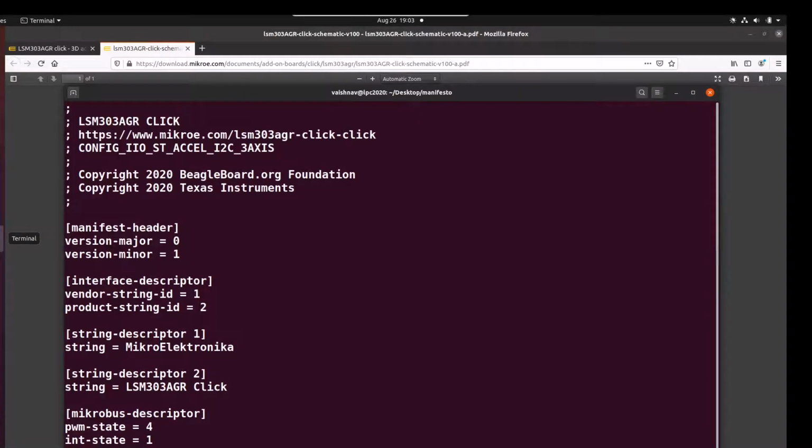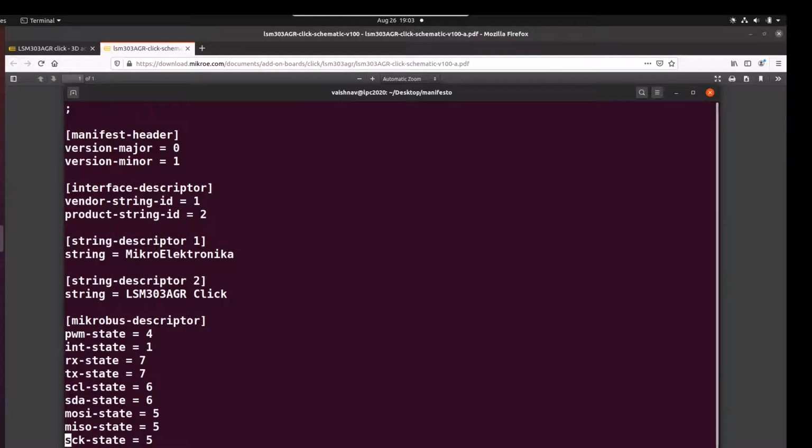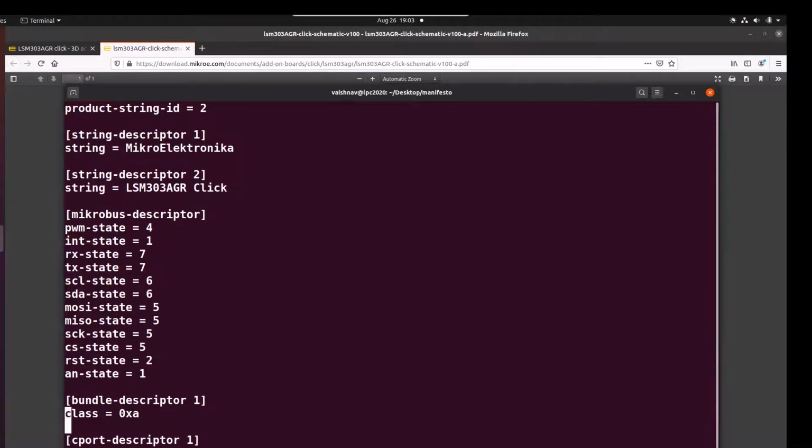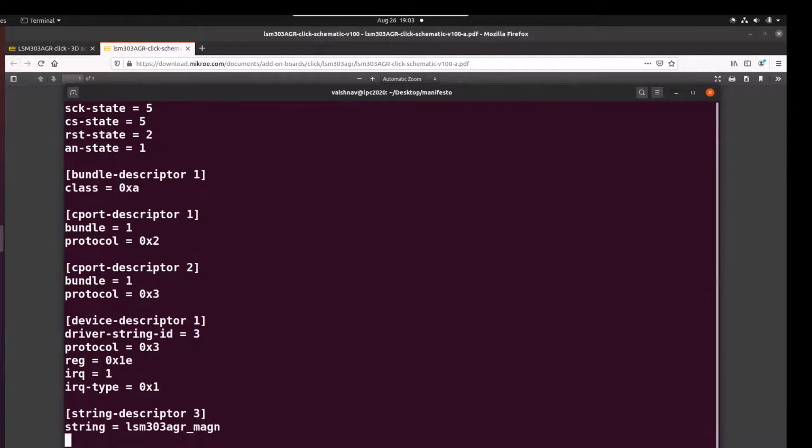Let's look at the manifest for the LSM303AGR click. So we are setting the interrupt pin as a GPIO input and the I2C pins for the default state. And we have a descriptor 1 corresponding to the interrupt GPIO, and descriptor 2 for the I2C